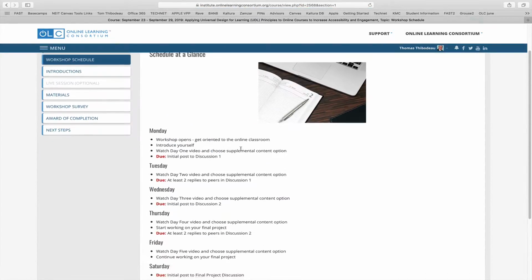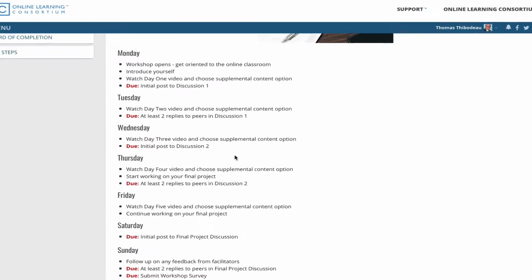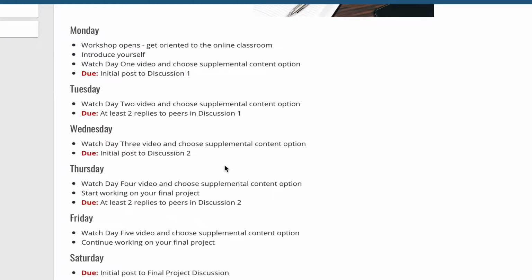Next is the workshop schedule. The workshop schedule is basically taken right from that syllabus, and it details all the things that we will be doing this week. So, for instance, on Monday, this is when the workshop opens. You get oriented to the online classroom, you introduce yourself, you watch the day one video and choose the supplemental content options that you wish to use, and you post to the discussion